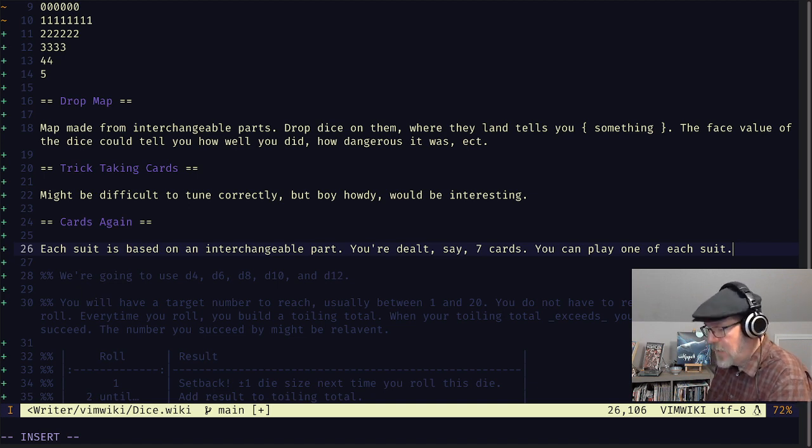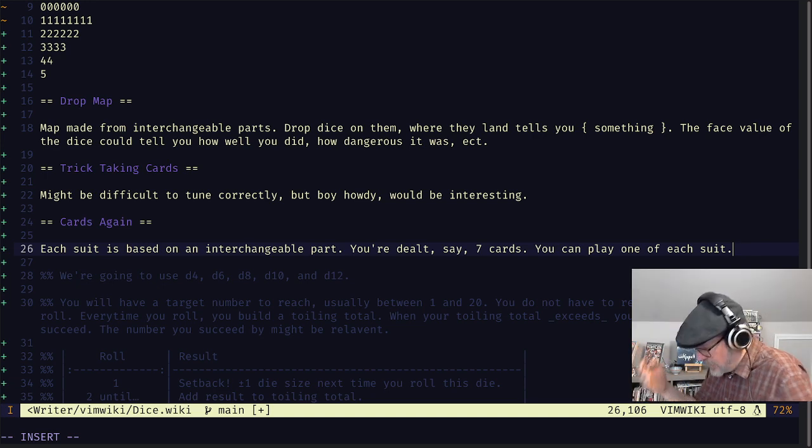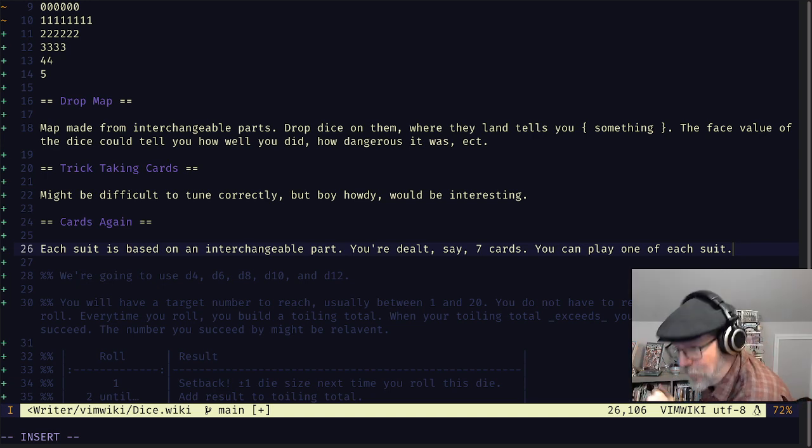So you have a drill for an arm, and you have a sinister actuator, and then you have 3 sinister actuator suits. You might be able to play 3 cards of that suit.